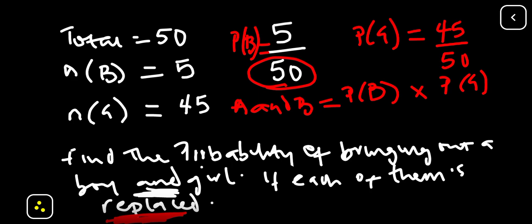So the total remains the same when the probability is independent. And when that is the case, we just multiply the two probabilities. So we'll just multiply 5 over 50 with 45 over 50. But when they say that the event is not replaced, that is